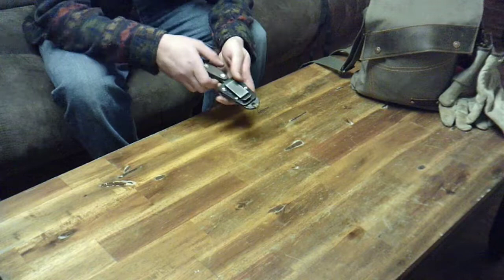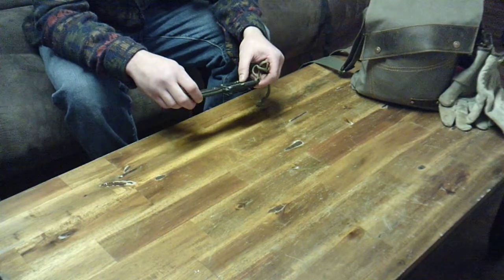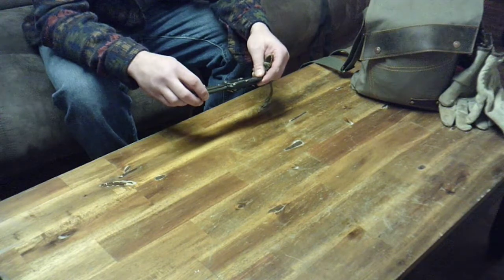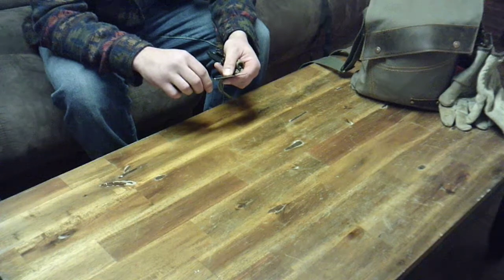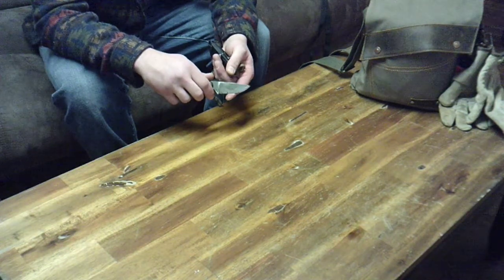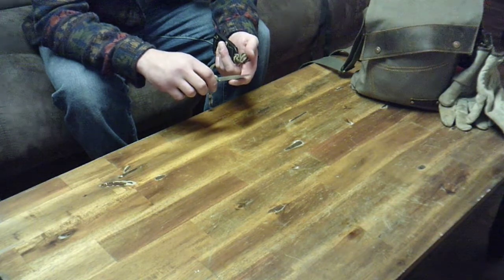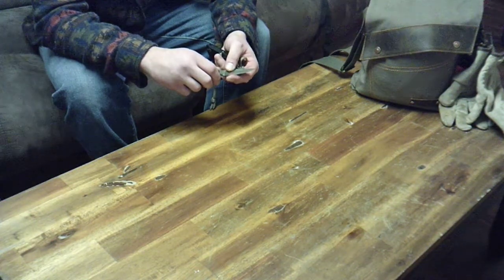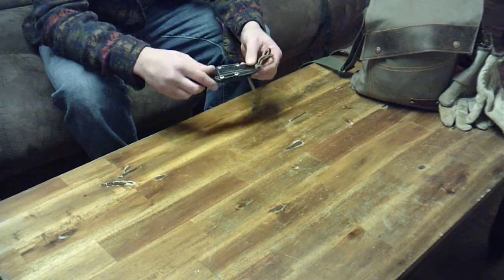Most importantly, probably my SE Azula 2. This thing is my road dog. Every day it's with me. I put it through hell. I put a modified grind on it, so it's a little different from when it comes from the factory. Kind of a pseudo Scandi grind. And then I've got a